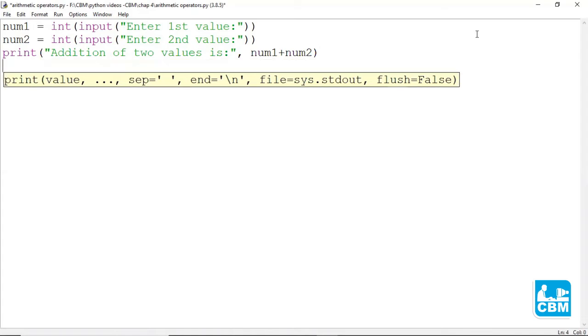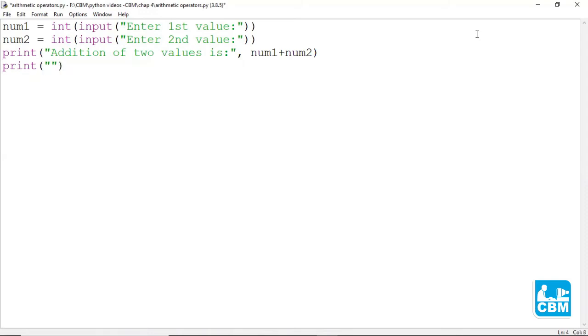Similarly, the subtraction operator can be used. Print subtraction of two values is, comma, num1 minus num2.